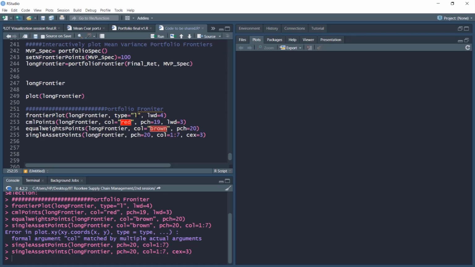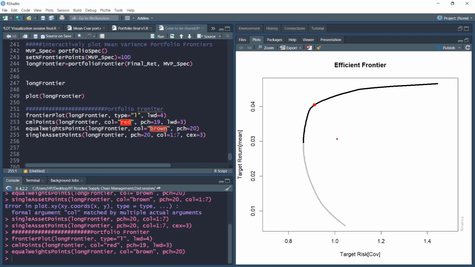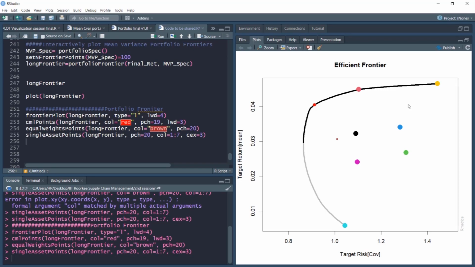So let me start plotting from here. When I add this, notice a number of colors appear. So these are my 7 assets. I also wanted to draw 2 asset lines as we did earlier with the interactive plot. Here we'll do it in a more customized manner. So 2 asset lines, but this time I'll supply specific colors.